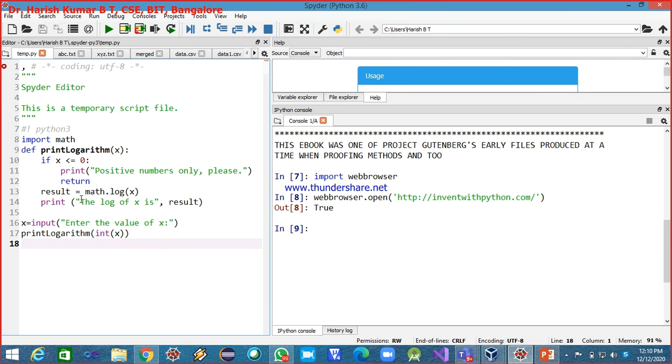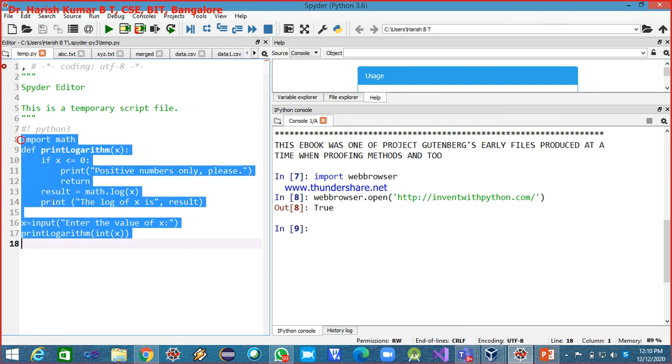When I don't want to run this program on the IDE and want to run it from the command line, this line is required, and it will help the computer system in identifying from where this program needs to be executed, or using what this program needs to be executed. So that is what it instructs to the computer or the operating system.